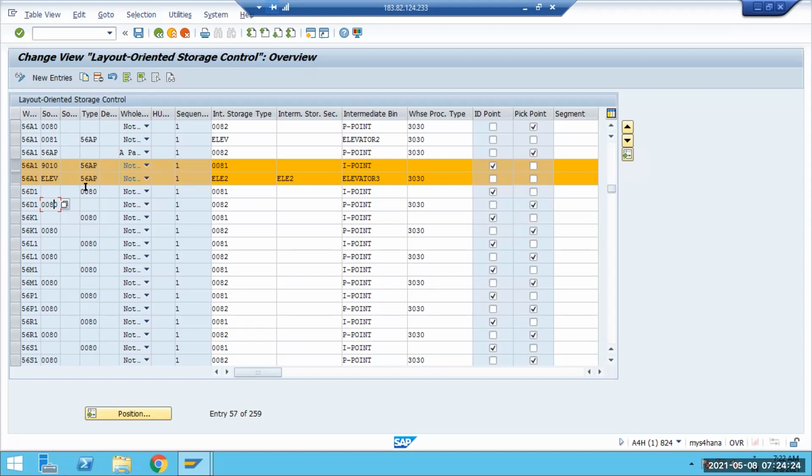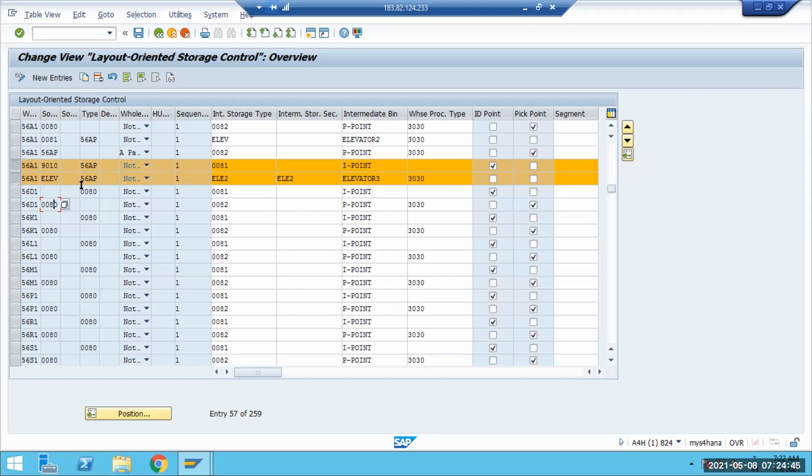And always in case of put away, you have to make sure that the destination storage type or the group of destination storage types has to be mentioned here. That is the key. For this destination storage type, whatever interim storage types and bins you have to mention in this entry.